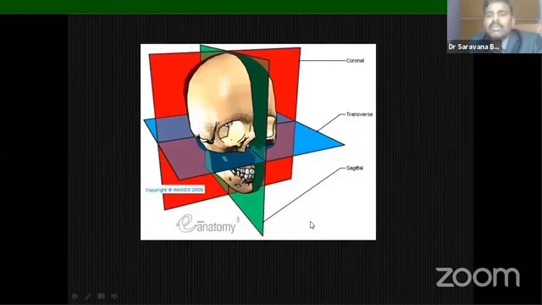Okay, so if you are able to see me, axial slices are nothing but our cuts will be like this. Look at my face if it is possible. Your cuts will be like this, that is from the lower part of the mandible or top of the skull, or from the top to the bottom your cuts will be like this, that is axial slices.